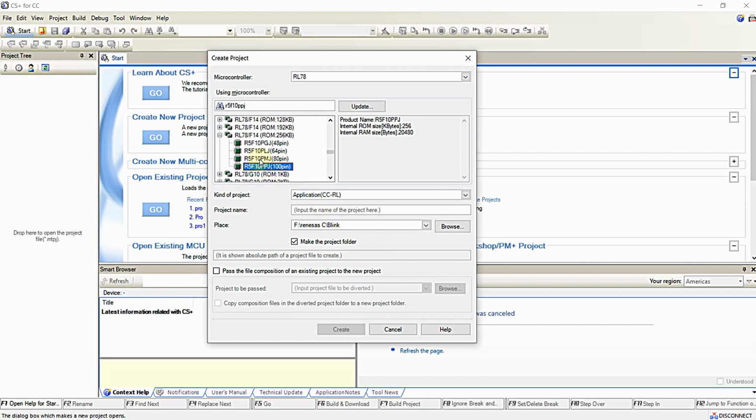And then select the microcontroller as per your requirement. So mine is a 100 pin microcontroller. You can clearly see in the bracket it is mentioning 100 pin. So just select on this and then provide a name for your project in this project name tab, and then